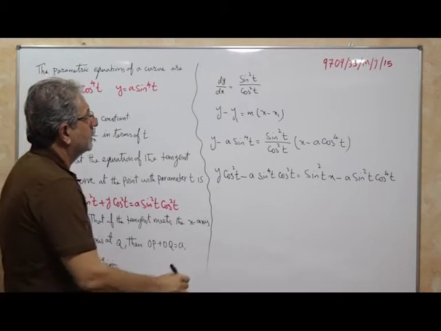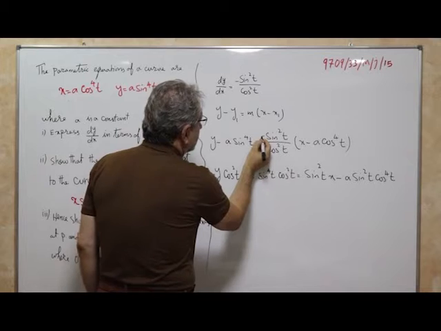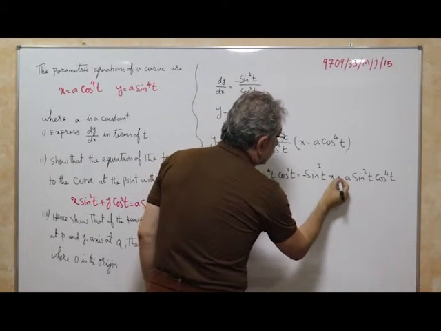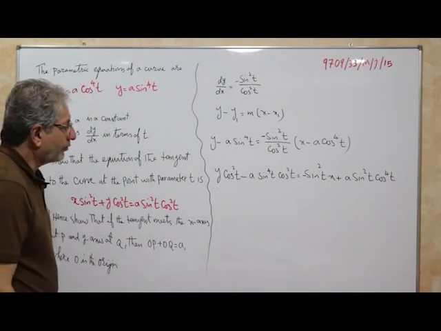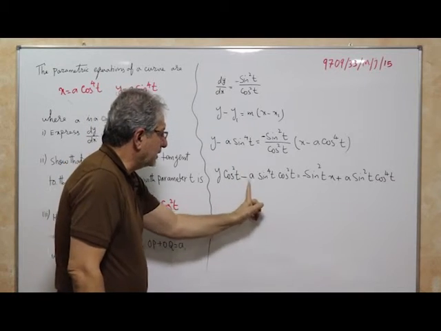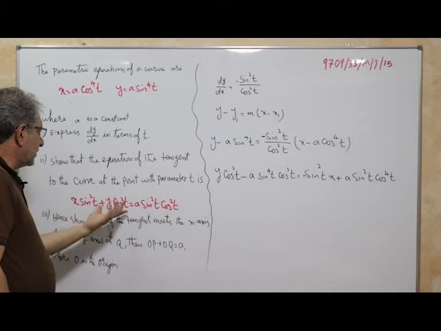Sorry, I made a mistake. There was a negative sign here. I didn't put the negative sign. When we proved the formula, there was a negative sign. So this is negative, this is positive. Now, I will take this side and this other side, because the formula says x sine square plus cos, therefore x